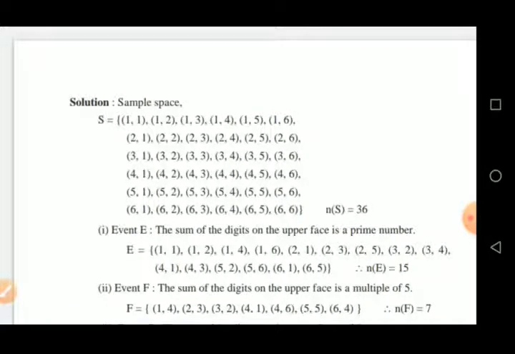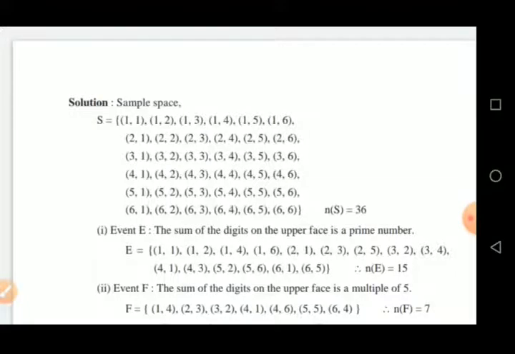If two dice are rolled, then how many possible outcomes of that? 36 possible outcomes are there. That's why 36 sample points we have to write down in the sample space. S is equal to, it is convenient for you to write down the 6 results in a line. In this way, it takes 6 lines for writing the complete sample points.